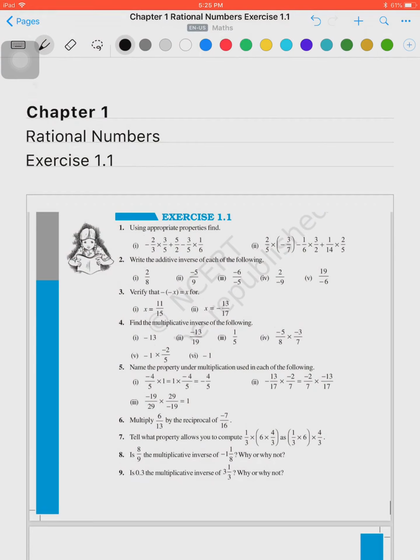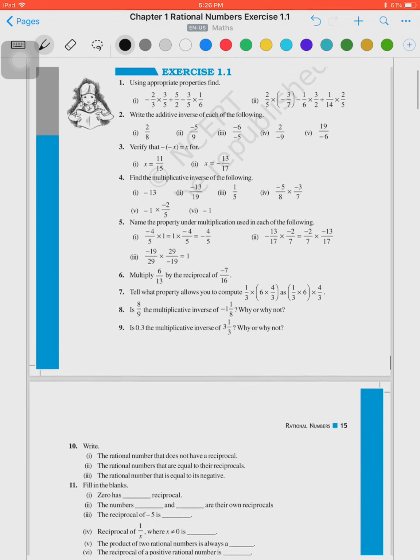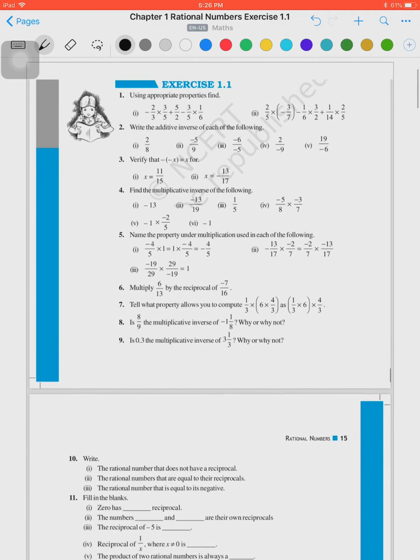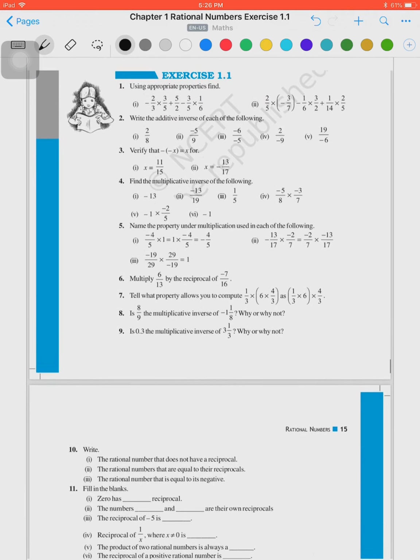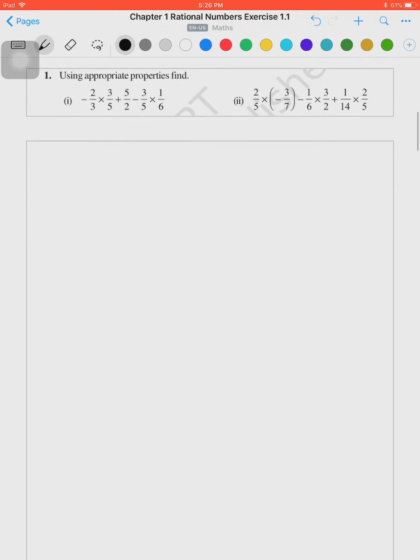So this is chapter number 1, which is Rational Numbers. In this video we will cover Exercise 1.1, which has in total 11 questions. So we'll try to cover all 11 questions in this video. Let's start with the first question. The first question is: using appropriate property, find the solution of these two terms. The first one is,